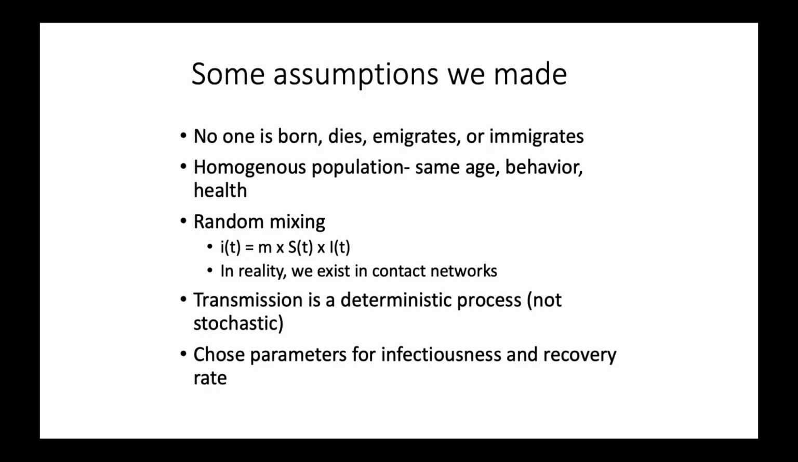Also, another thing that I already touched on a little bit earlier is that transmission is a deterministic process. In this case, we're basically modeling an average scenario. We could have also incorporated stochasticity if we wanted to see all the different types of scenarios that may have occurred for this outbreak. And then lastly, we also chose parameters for infectiousness and the recovery rate. These were parameters that I chose that were easy to use and easy to show in this example, but